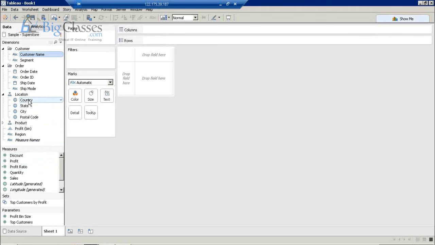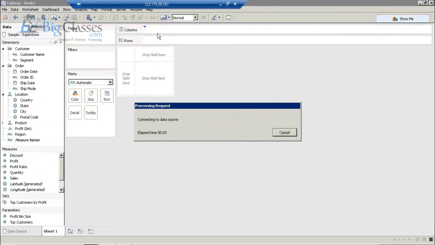Now look at this. This is a kind of geographic data element, where all you need to do is drag and drop these respective sources. That's it. And obviously the dashboard is going to be generated in an advanced way.